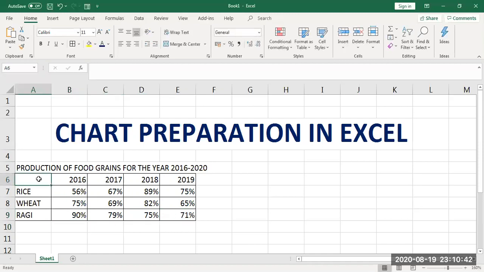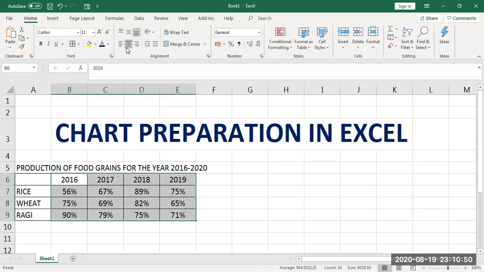This corner I did not specify the values. You can specify like year or item. There are certain situations where you need a perfect chart; don't give any headings in this particular area, and your chart structure will be perfectly placed. Okay, so this is the structure. If you give also, it will place, but if you don't give, it's better.